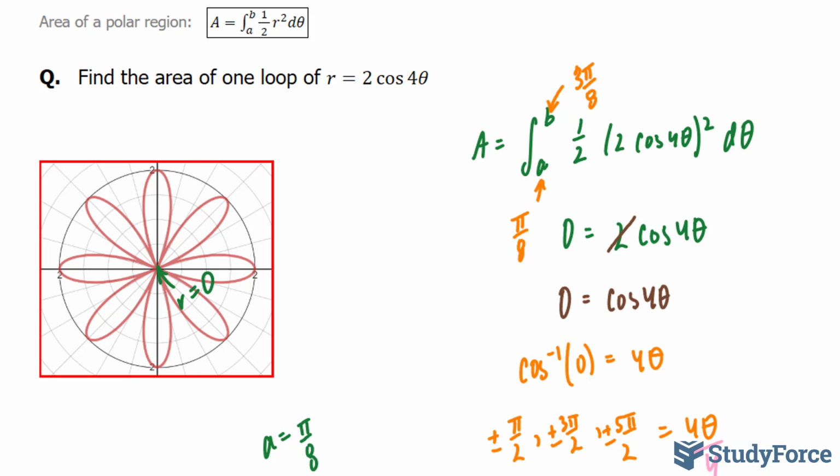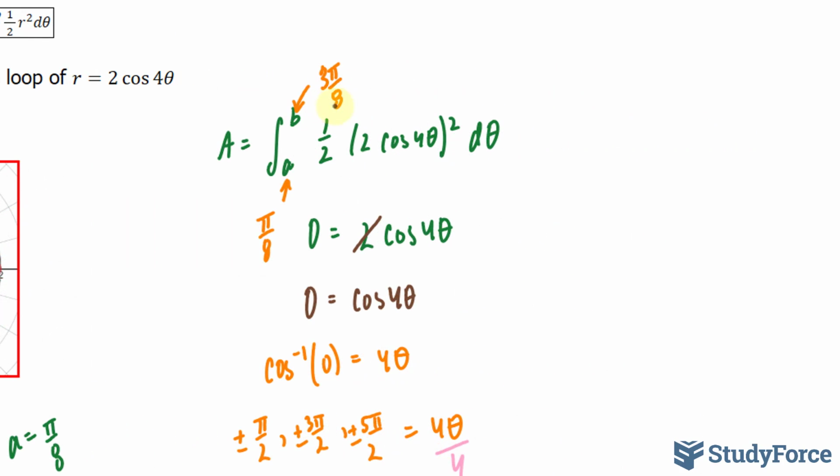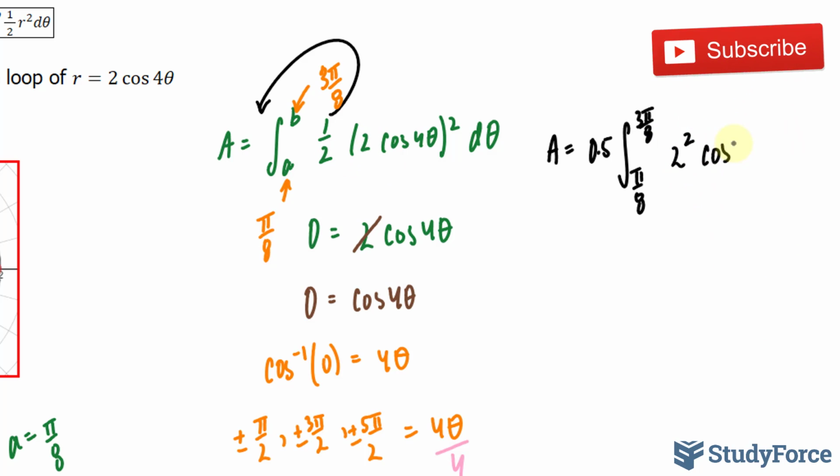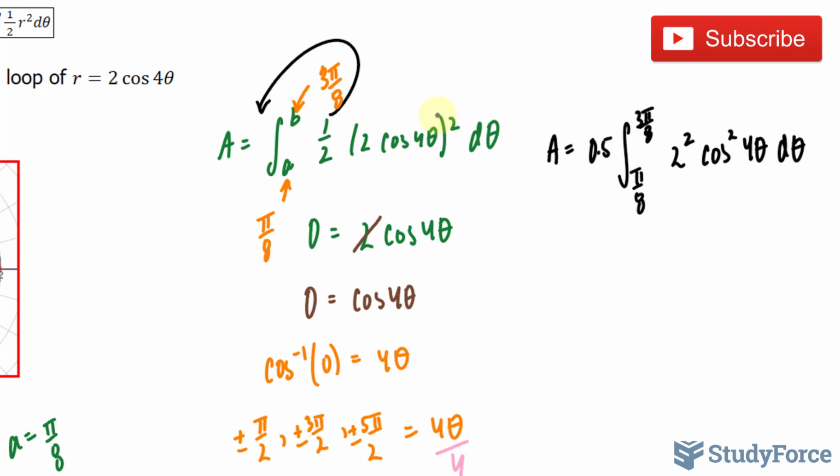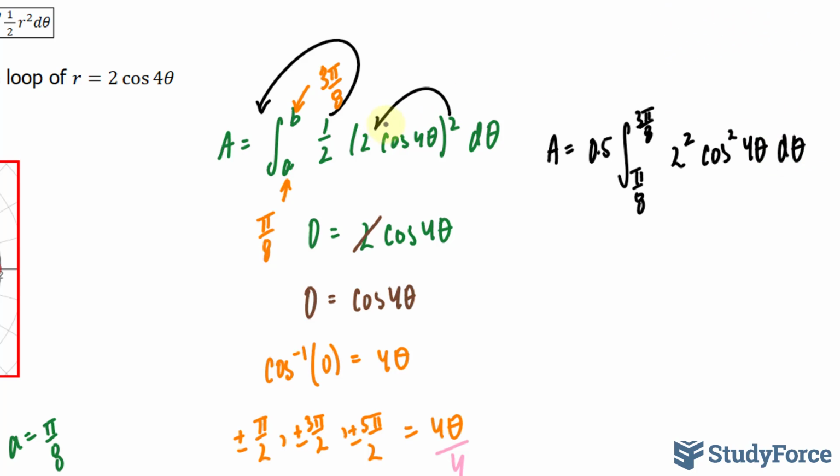Here's what we do next. I'll pull out this 1 over 2 factor. It doesn't need to be integrated, where I have area is equal to 0.5, which is 1 over 2, times the integral between pi over 8 and 3 pi over 8. And the rest, we have 2 to the power of 2 cosine squared 4 theta d theta. What I did was I distributed this 2 to the factor 2 and to the cosine. This gives me A is equal to